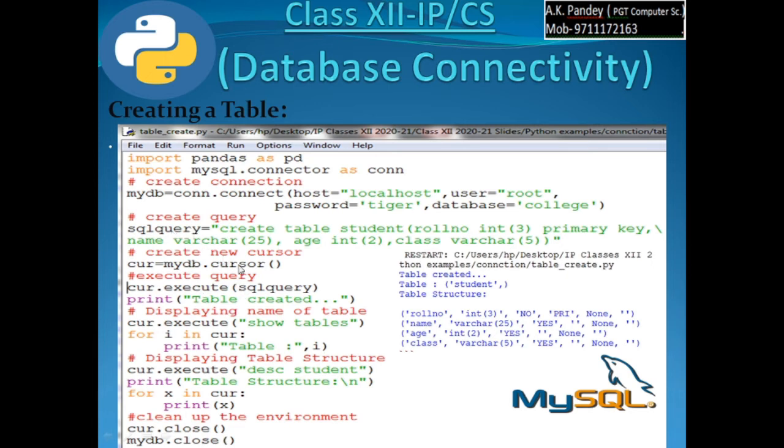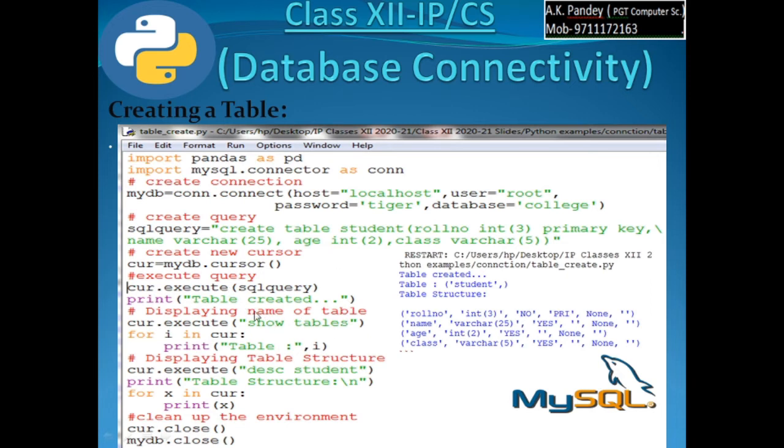Either you can write this variable over here or you can write the complete command over here, same thing. Earlier I was writing the complete command, select star from emp, that string was being written here within double quotes. Now that string is stored in some variable and that variable is being referred over here, cursor.execute SQL query. Now printing the message table created.